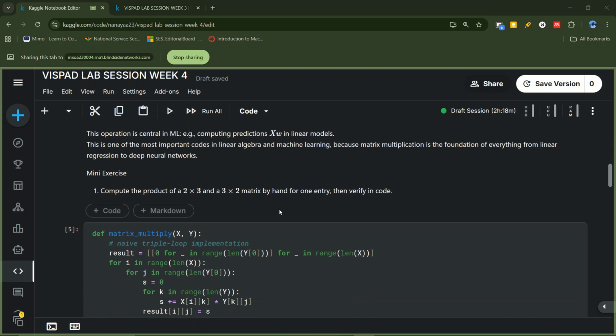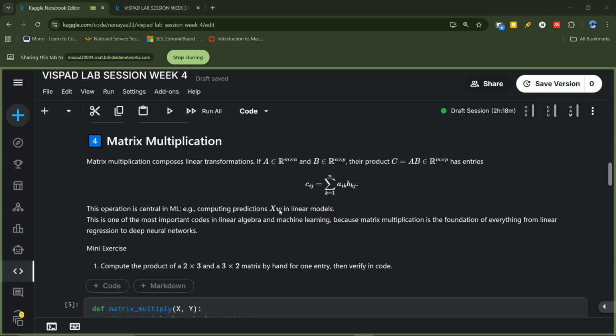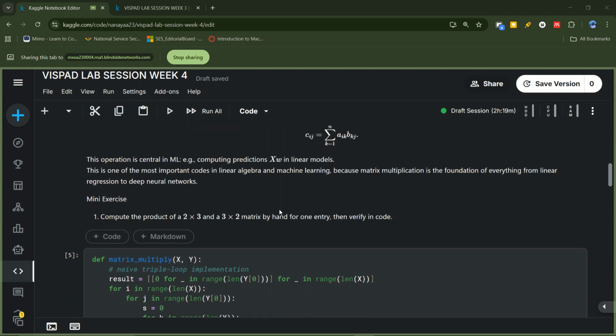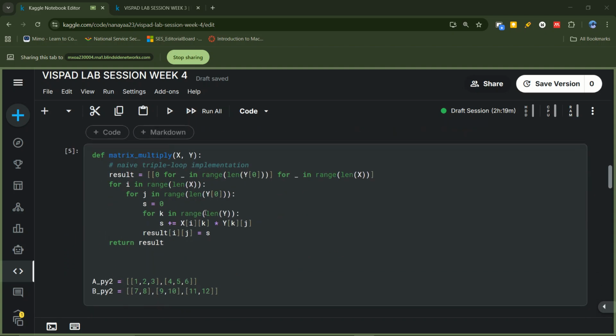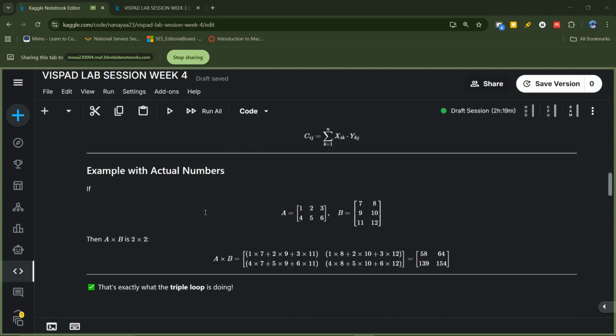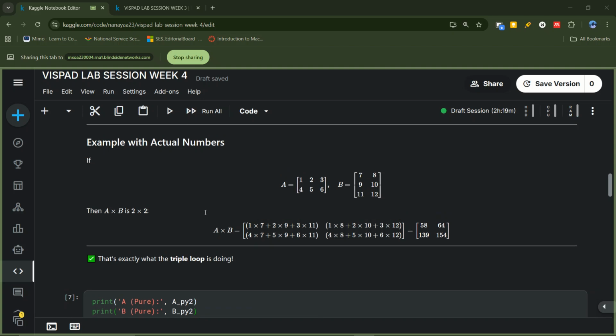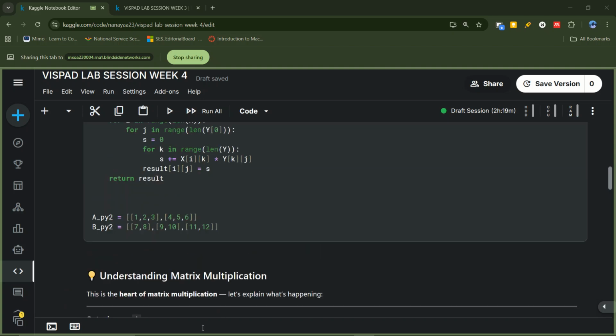Okay, so remember we said for addition it has to be of the same size, right? That is not the case for matrix multiplication. You can have a 2 by 3 and a 3 by 2. And usually if you want to know what the outcome of your values is going to be, you look at